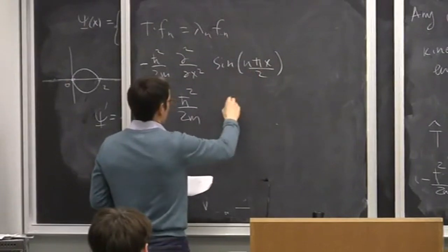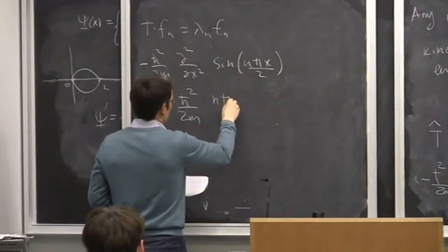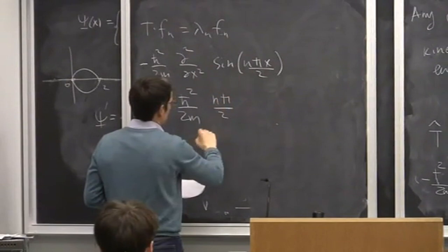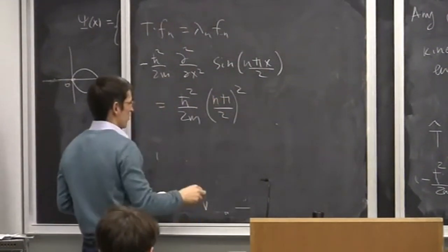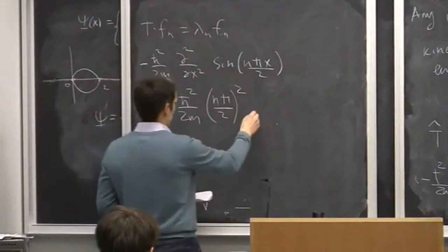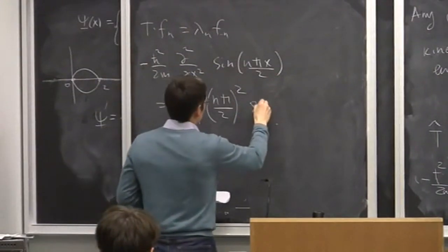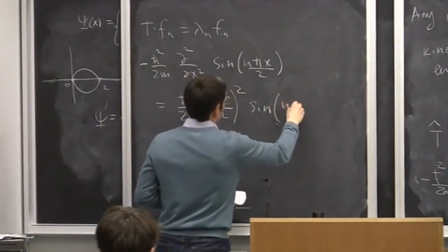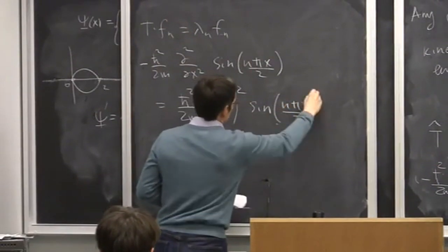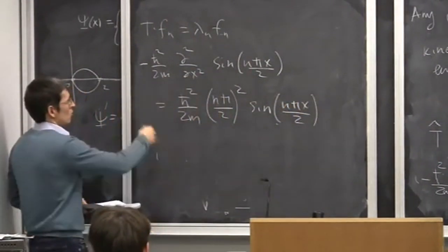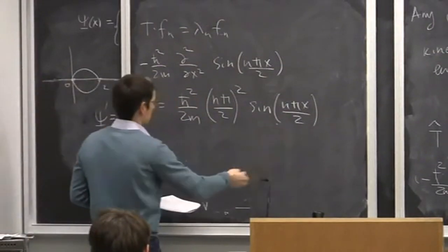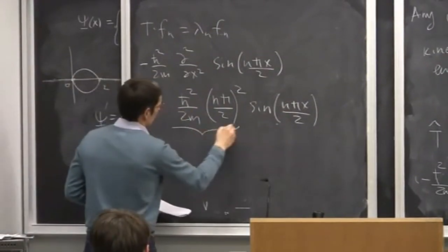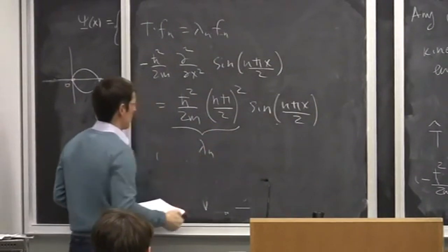Then every time we differentiate, we get n pi divided by 2, and we differentiate twice, so there will be n pi squared divided by 4, multiplied by sine, n pi x divided by 2. Right? So after this differentiation, we got back the function that we started with, and this is our